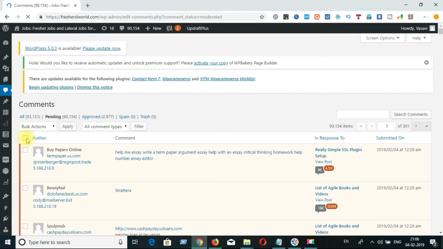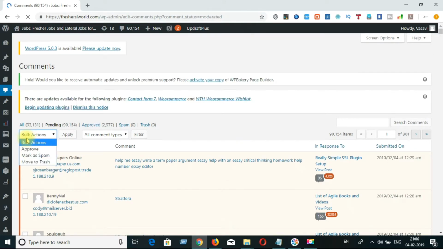Now I am selecting the 300 comments at a time by selecting the checkbox beside the author. Click on approve and then click on apply.